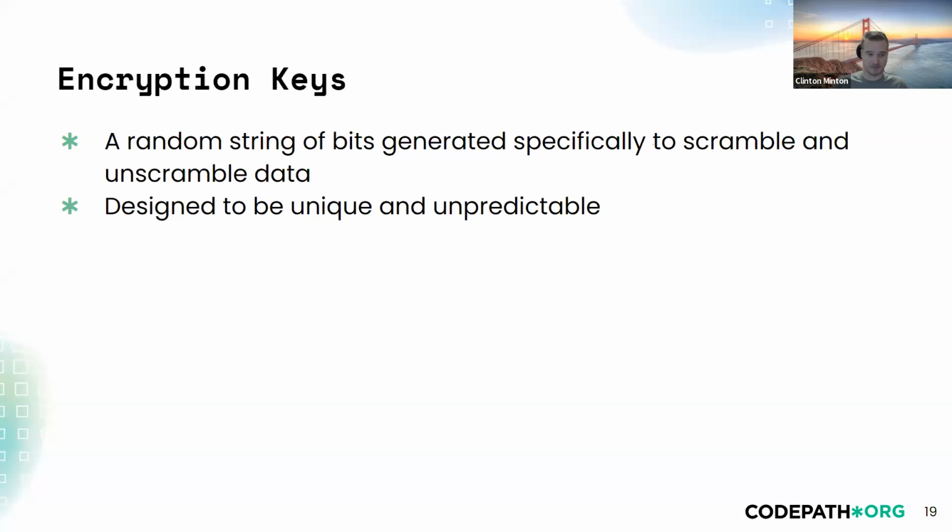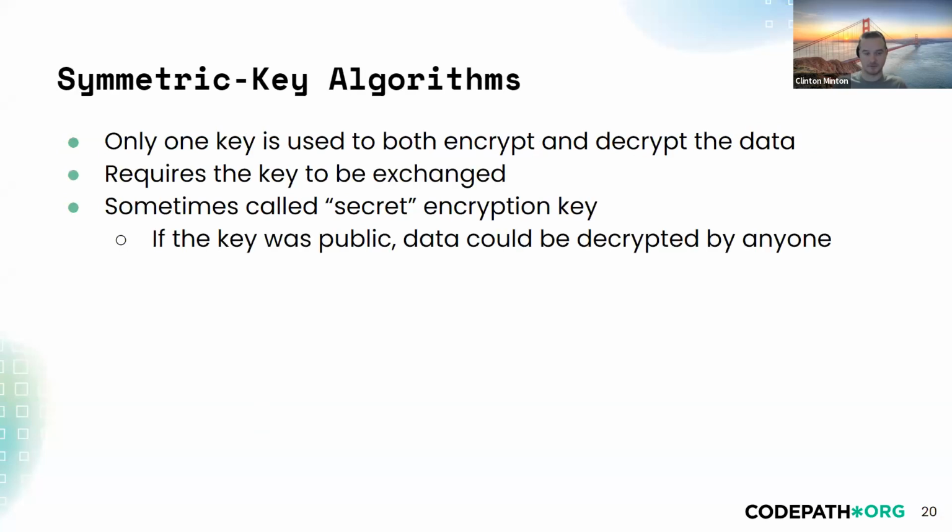So these are keys that you're going to use to encrypt data so that other people can't see it or read it. There's basically two types of encryption keys: symmetric key, and asymmetric. Symmetric key is where you use the same key to encrypt and the same key to decrypt. So here, an obvious problem with the system is that you have to figure out a way to give